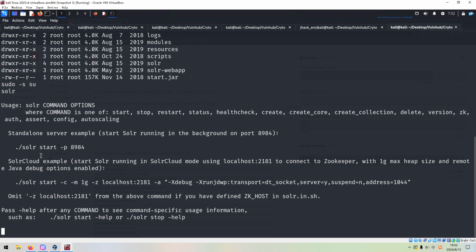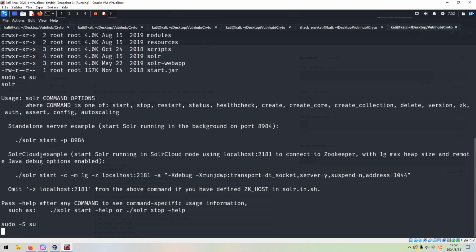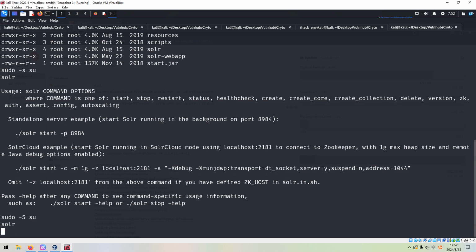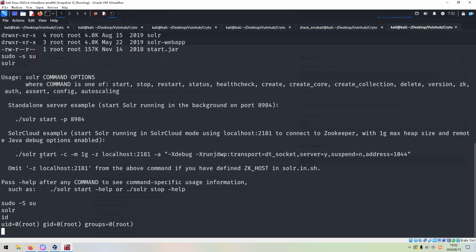So, sudo with uppercase S, and provide the password. As you can see, we successfully got the root shell. The uppercase -S option will force sudo to read the password from standard input, okay?